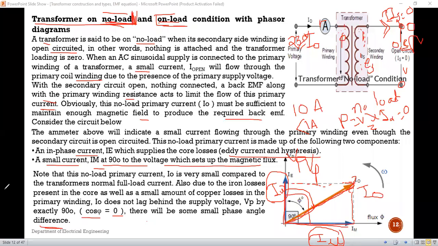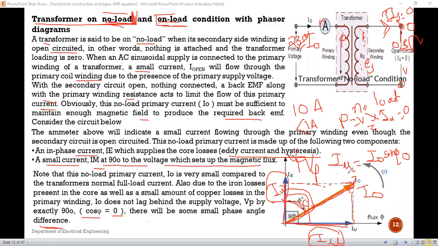See the total current, I will write one equation from that. I mu, that is the magnetizing component of the no load current, is equal to I0 sine phi 0. Phi 0 is nothing but the angle between these two, the angle phi at no load condition. I0 is nothing but the current I at no load condition.